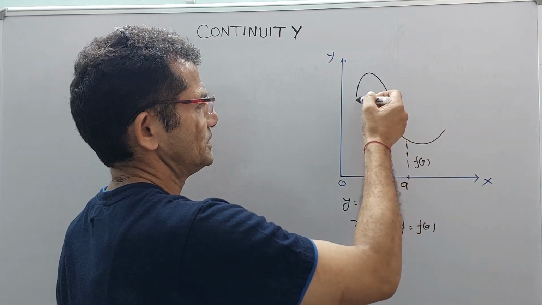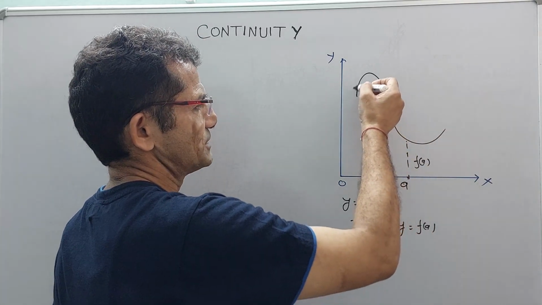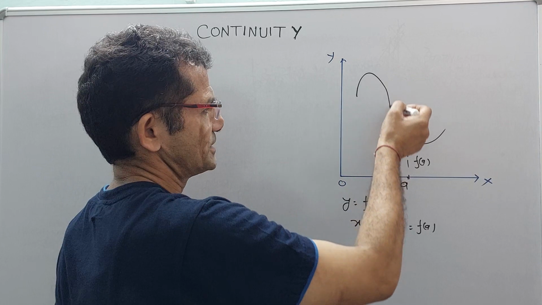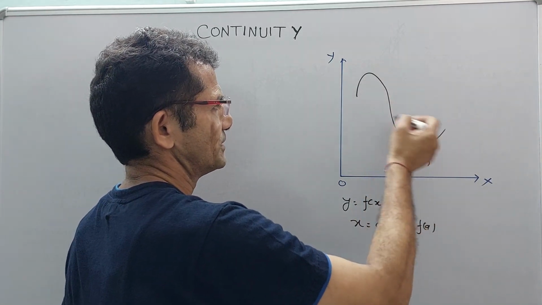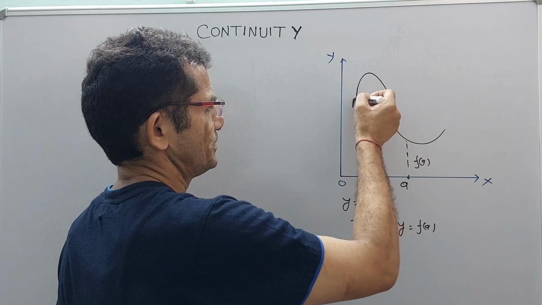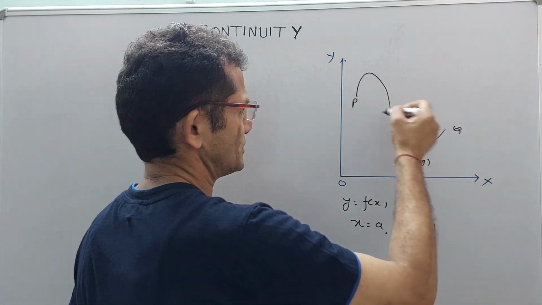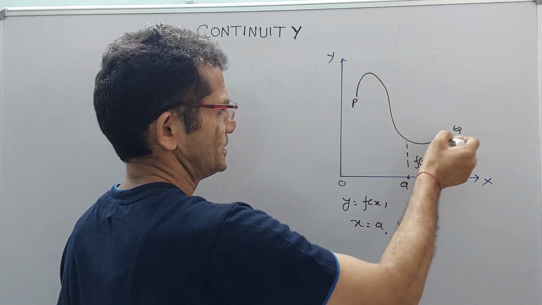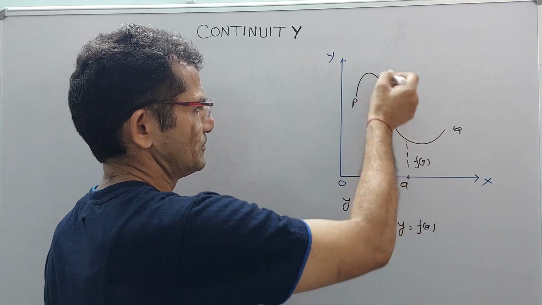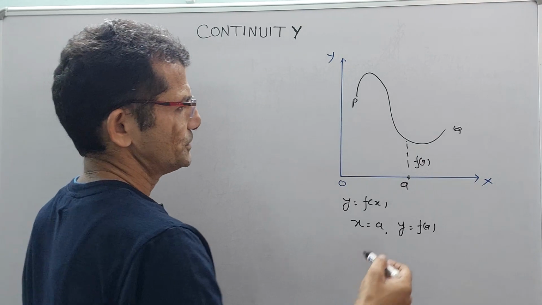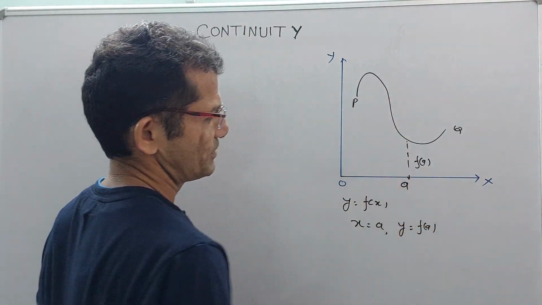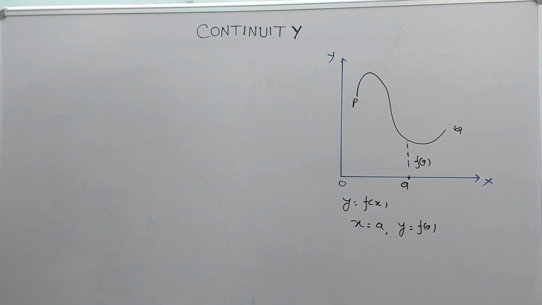If I draw with one stroke of the pen, we can take the pen smoothly from the point P to the point Q, continuously, without any lift of the pen. So we say that at the point a the curve is continuous. So, another way,